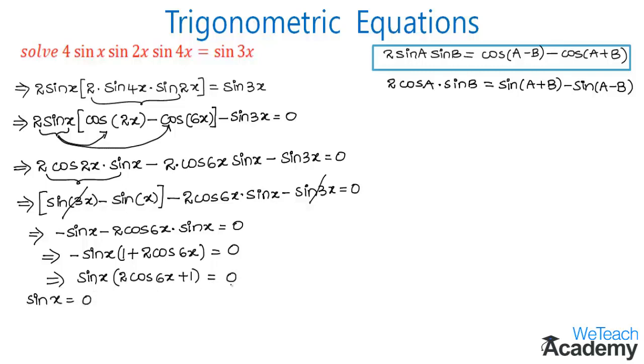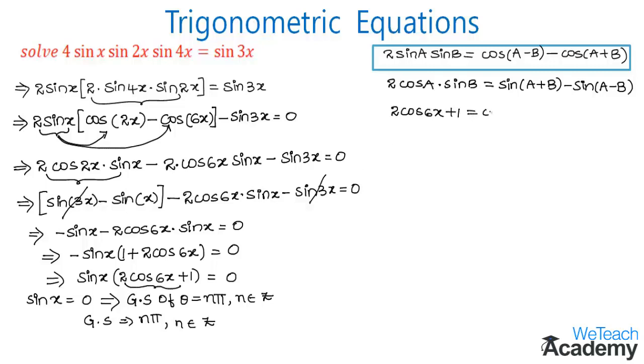And we already know that if the equation is in the form of sin theta is equal to 0 degrees, then the formula to find the general solution of theta is given by n pi, where n belongs to integers. So now the general solution for the angle x will be equal to n pi, where n belongs to integers. And now let us consider the second solution, which is 2 cos 6x plus 1 is equal to 0. And then transfer 1 and 2 to the right hand side. So here we get cos 6x is equal to minus 1 divided by 2, since 2 is multiplying, it gets divided. So here we get minus 1 by 2.